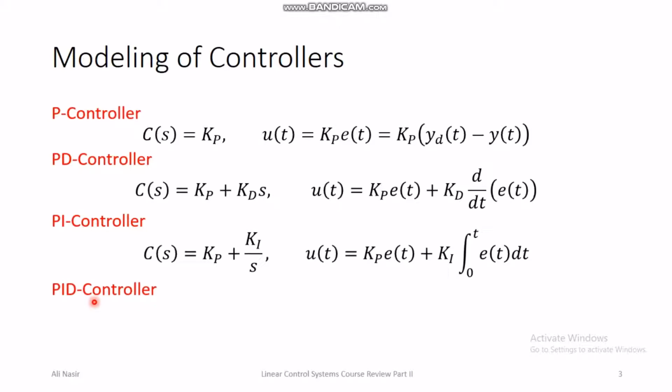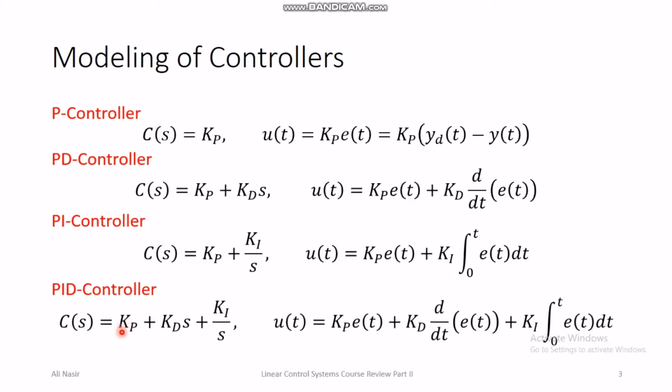So the PID controller is the combination of proportional, derivative and integral parts, and here the control input in response to this type of controller is a proportional effort, the derivative effort and the integral effort, all three combined. And we can use this controller for general design for making the plant behave in a way that we want it to behave.